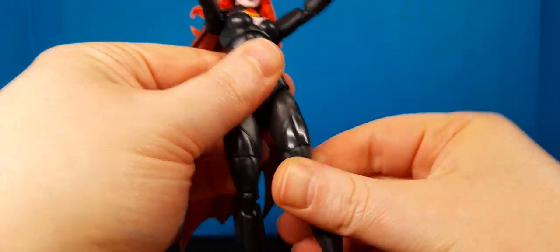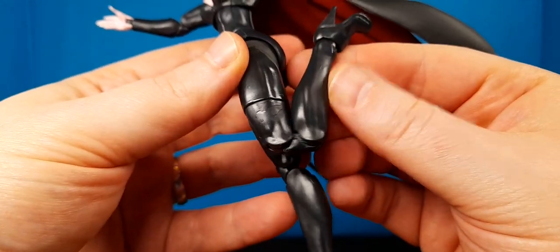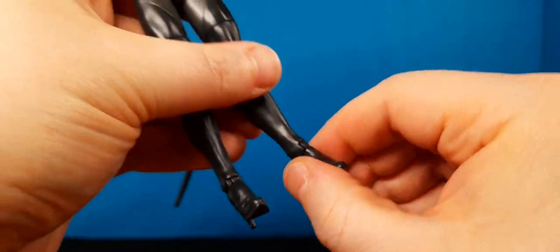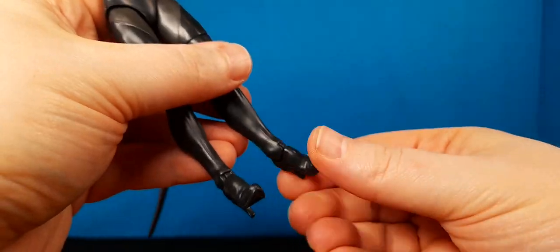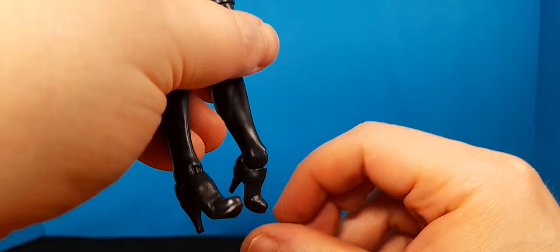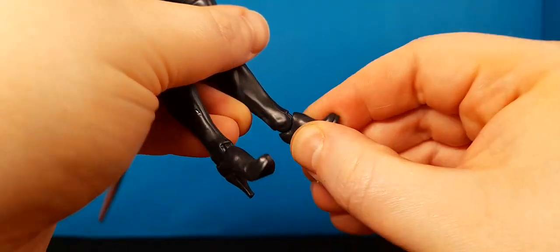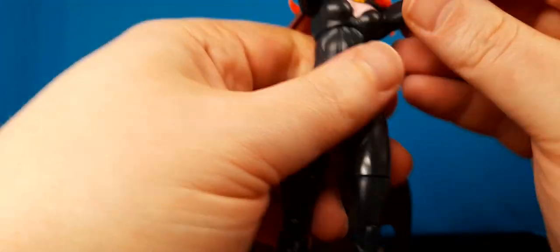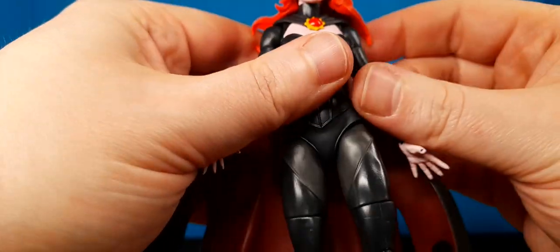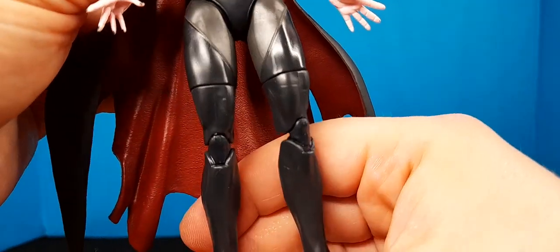She does have that thigh cut, which is just above the knee. Double jointed pinless knees, so that's good. No boot cut, unfortunately, because the boot's all the way up here. Her heel can go back that far and can go forward that far. It does have rocker and very, very important peg holes on the bottom because you're going to need them. Good luck getting her to stand in pretty much any pose other than just really basic. All right, so